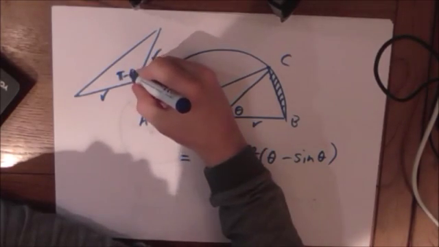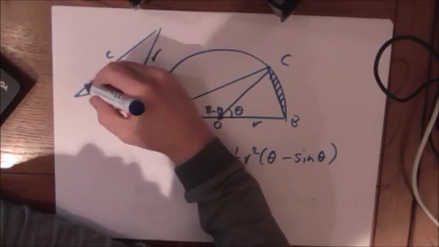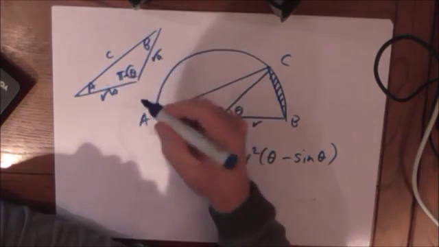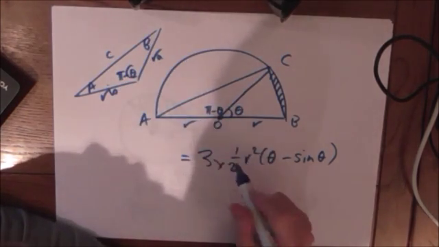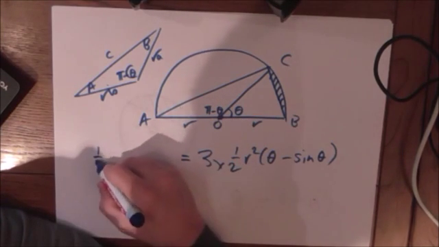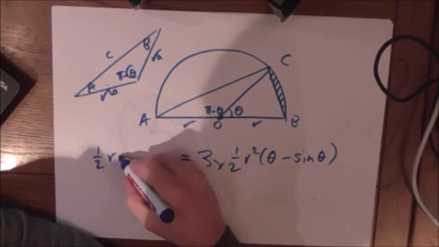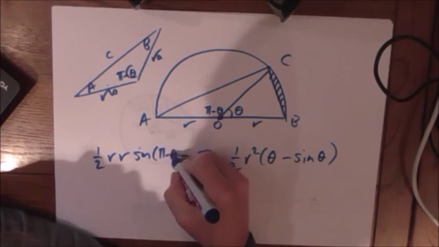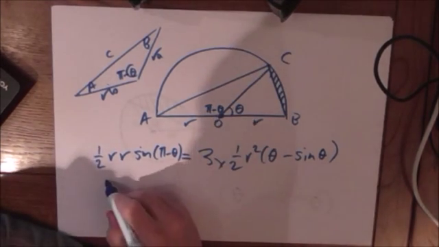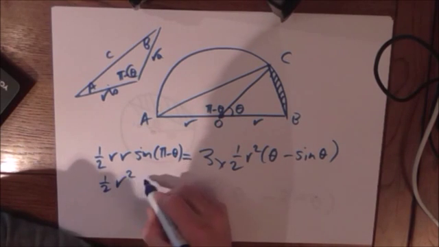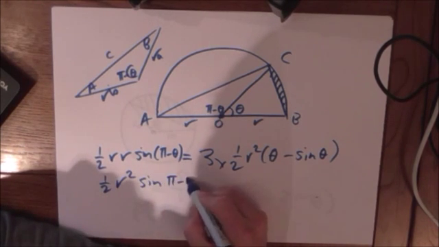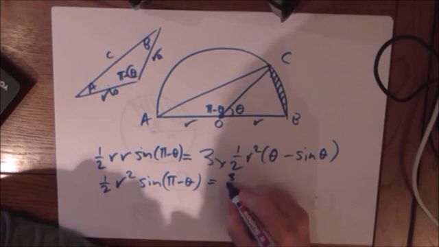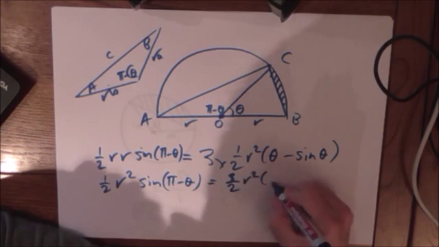Let's label this C, A, B. So by the area of a triangle, half AB sine C, we have half AB sine C. So that's simplifying to half r squared sine(pi minus theta) equals 3 over 2 r squared (theta